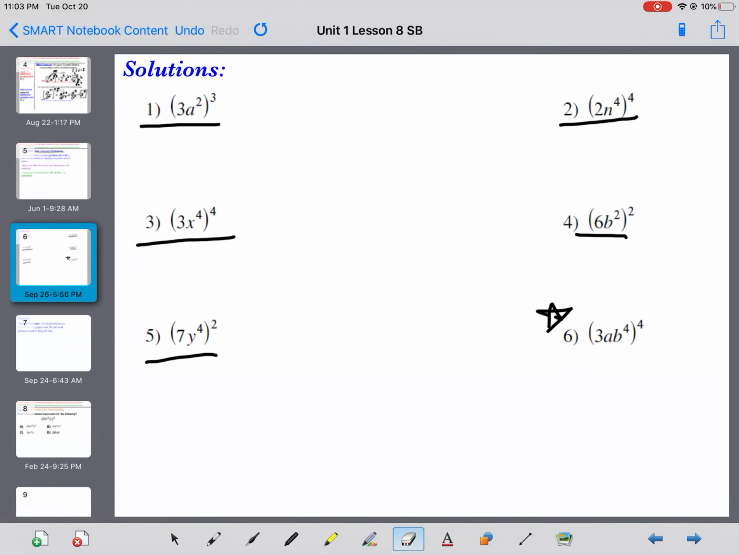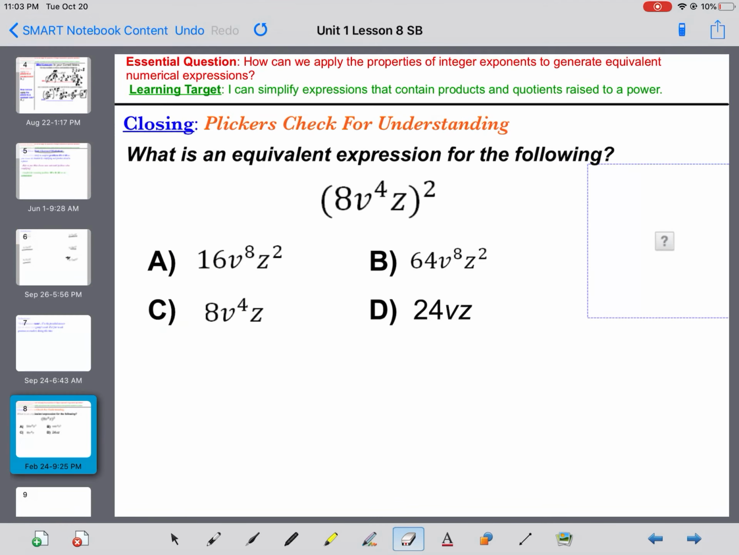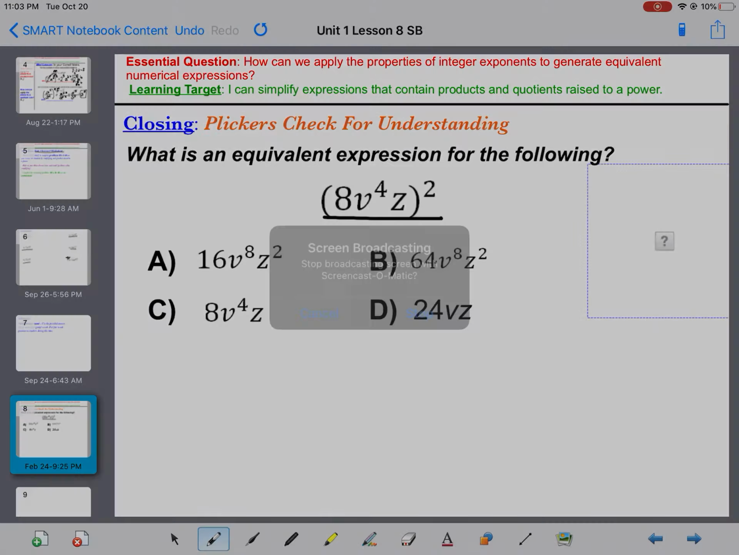All right, our closing is going to be a little different today. It's not closing summary. We are actually going to be answering or simplifying this expression, which is raised to the 2nd power. I want everyone to make sure that we make our answer visible, whether it's A, B, C, or D. If you have any questions, feel free